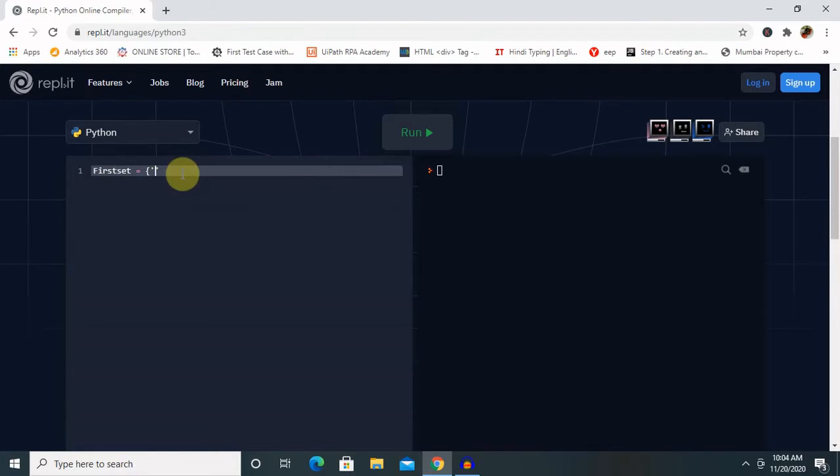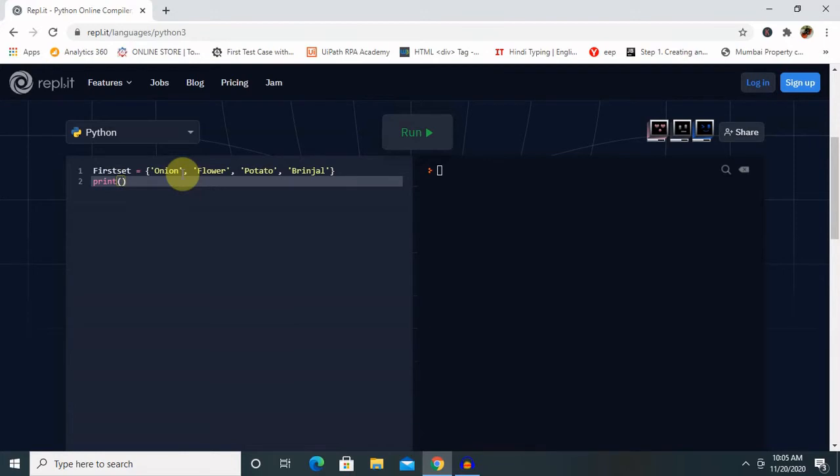Let's take the example of vegetables. I am adding vegetable names between single quotes, or you can add double quotes as well, then comma, then cauliflower, again a comma, a new value that is potato, then the next value will be brinjal. I'm giving this many values only, and let's print the set.